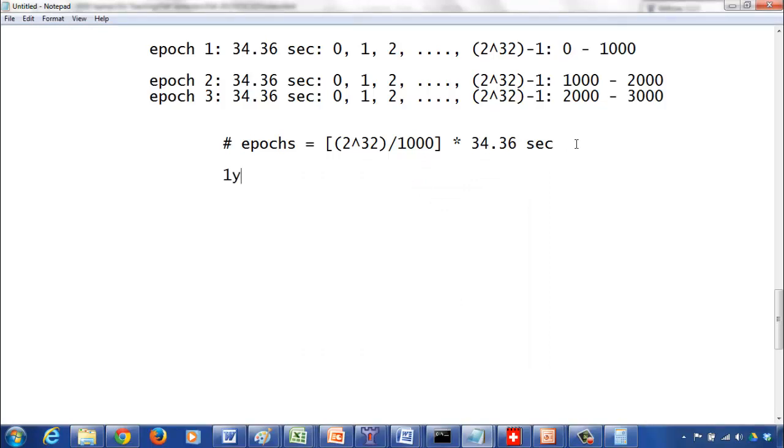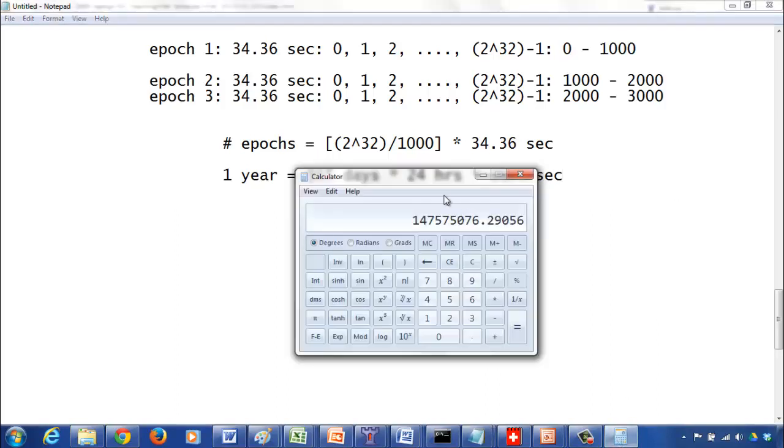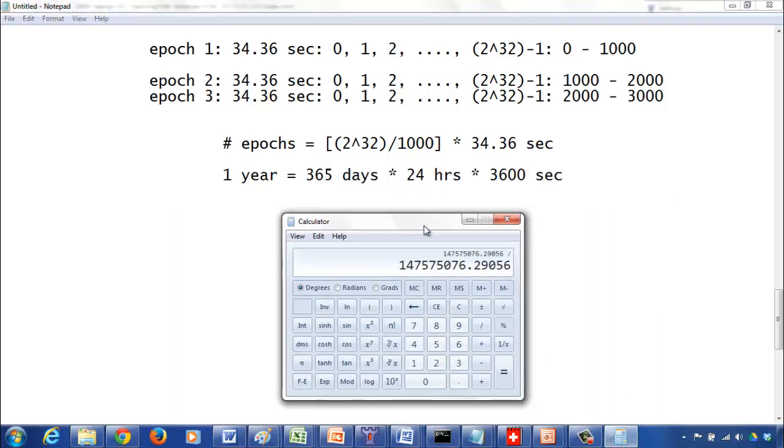1 year is 365 days, and each day is 24 hours, and each hour is 3600 seconds. So I need to divide that number by this: 365 divided by 24 divided by 3600. So it takes 4.68 years